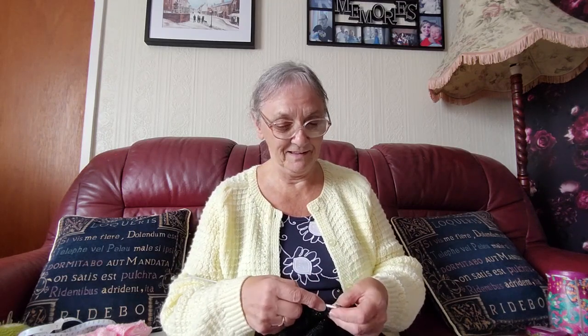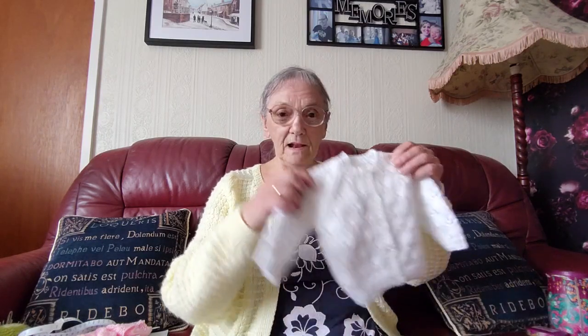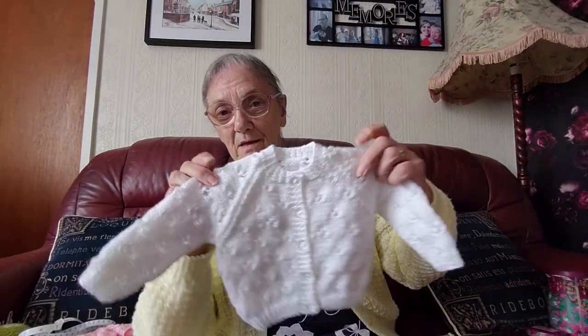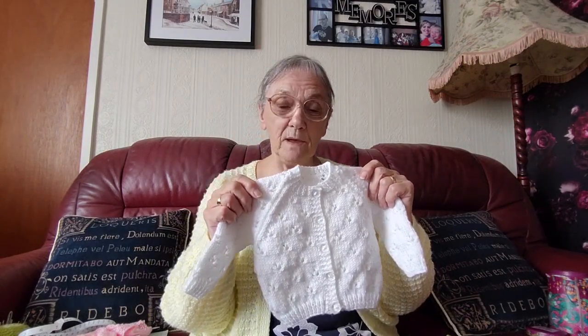Hope you're not in a hurry, Claudette. But I have been busy. I have a couple of little baby cardigans, a couple of little baby cardigans for a friend's mother, who's coming up this month. She's not up yet, but she'll be up soon, coming up from Wales. And I've made one of the little cardigans for her. I've made her a little 16-inch. This has taken some of my time as well,